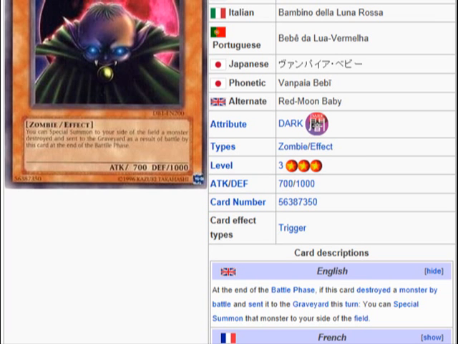So the main thing with this is that what you're gonna have to do is either use cards like Shrink in order to lower your opponent's monster's attack, or use cards to raise this card's attack, such as the Axe of Despair and things like that. So that's a couple pointers for them